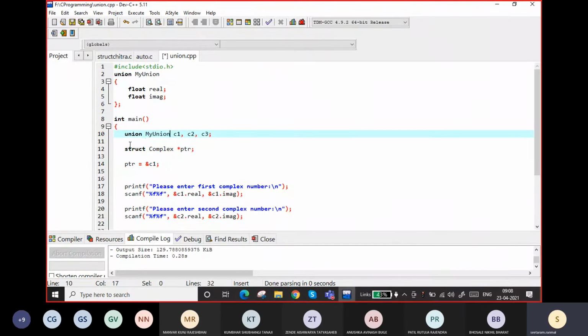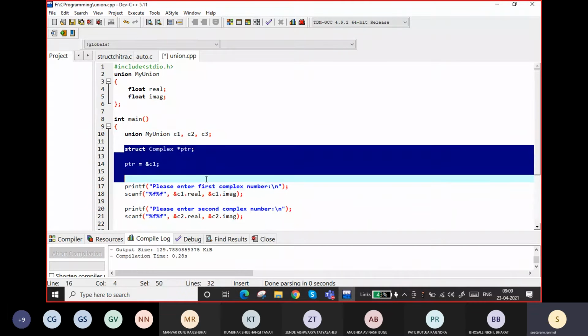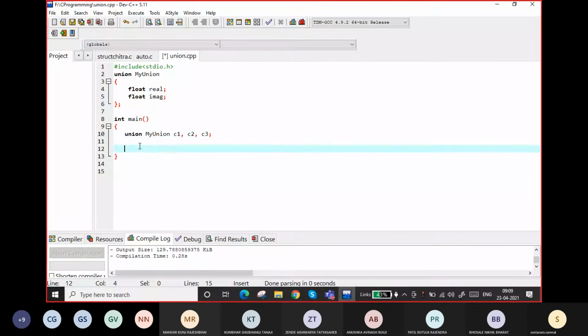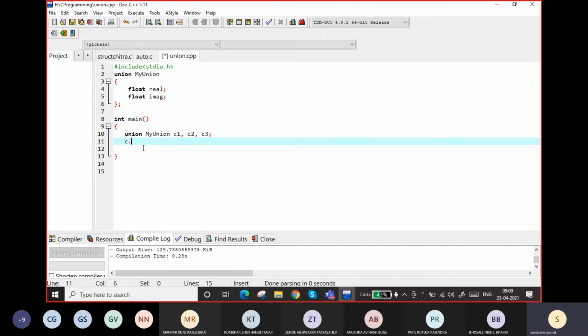Okay, I have taken 3 variables. Now if I give c1 dot real equal to 23,